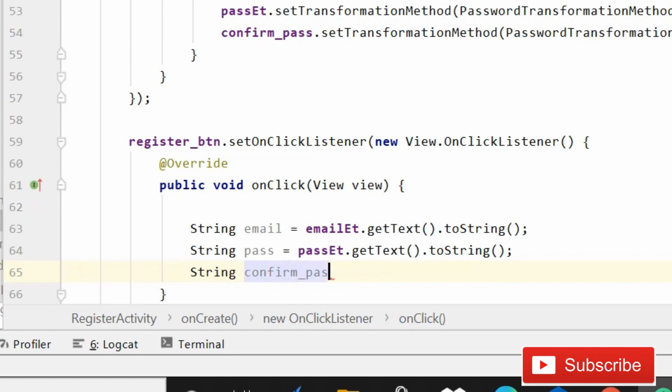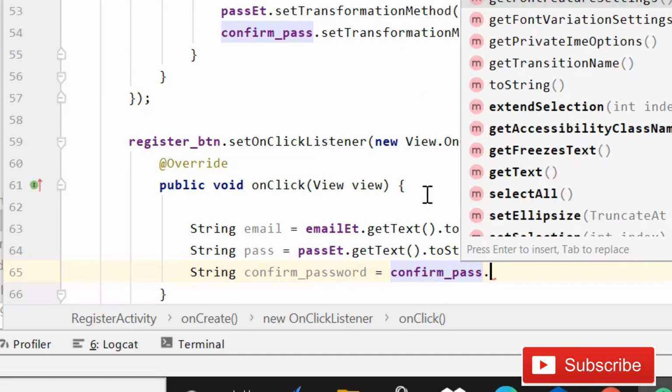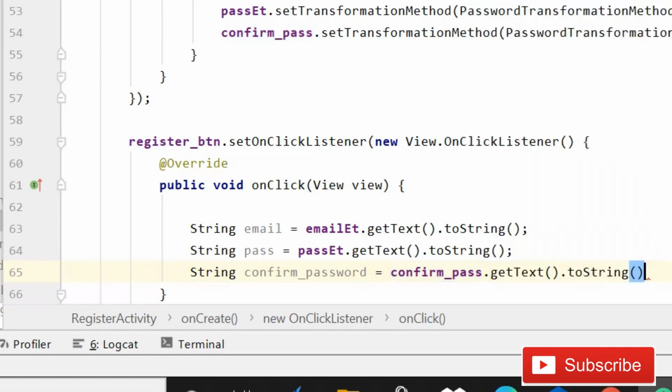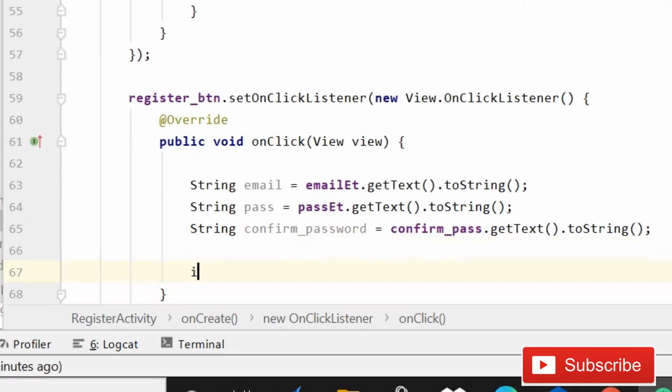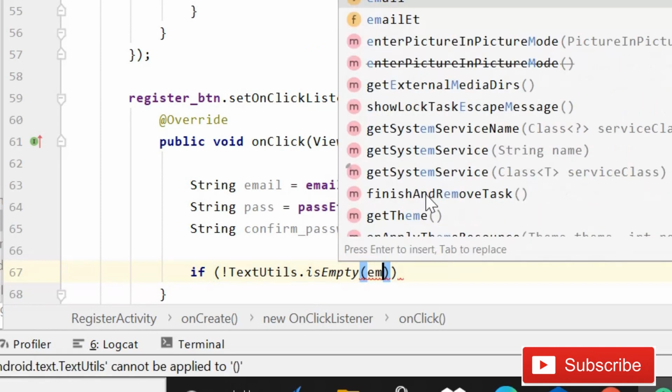confirm_password equals to confirm pass dot getText dot toString semicolon. Fine guys, so now we have the three strings, so we will check that if TextUtils not isEmpty. So first of all we will pass email,